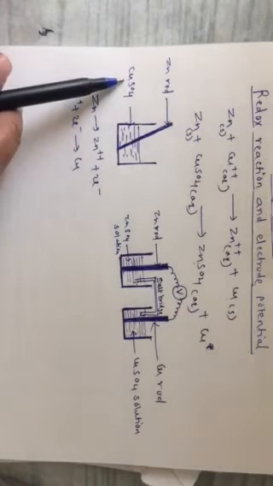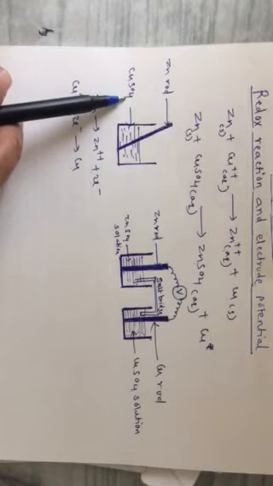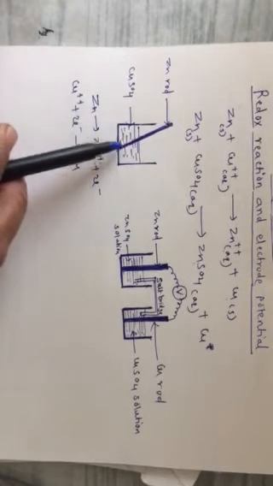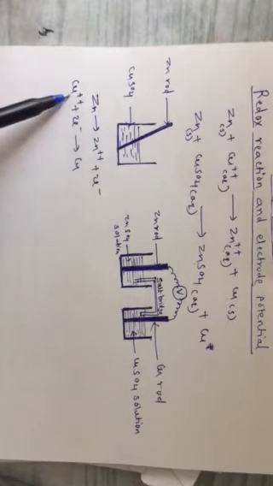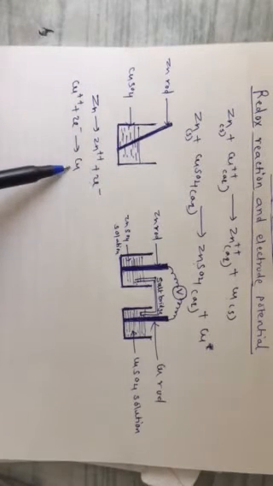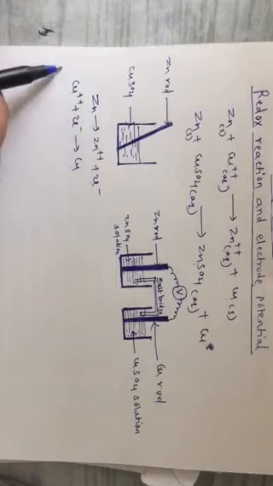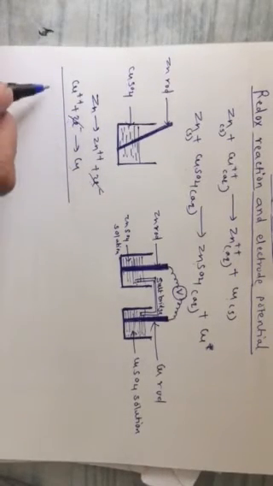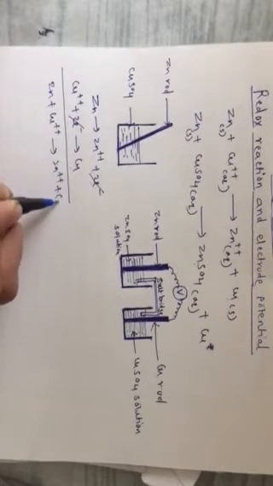So we have copper ions from copper sulfate. In copper sulfate we have Cu2+ and SO4 2- ions. So Cu2+ ions from copper sulfate will touch this rod, on which electrons are generated and deposited. They will be accepted by copper ions and we will get deposition of copper. So these two reactions occur simultaneously in the same container, loss of electrons and gain of electrons. So the total redox reaction is Zn plus Cu2+ giving Zn2+ plus Cu.